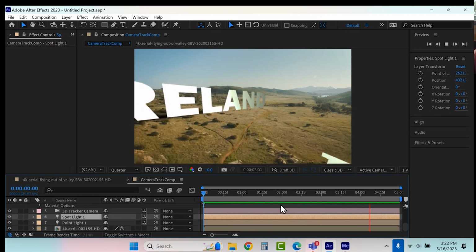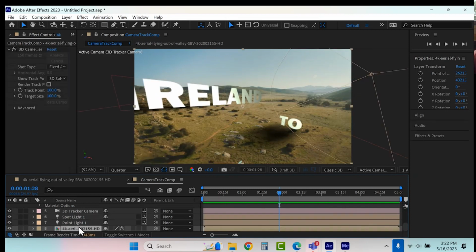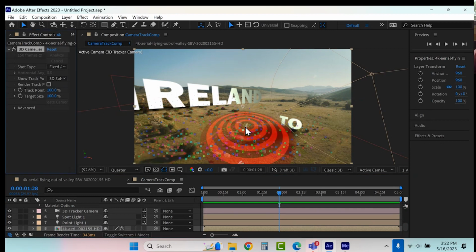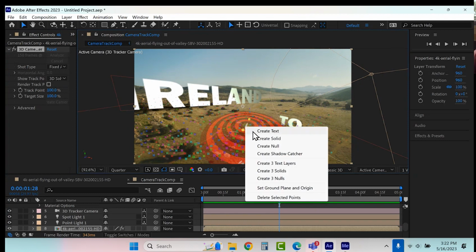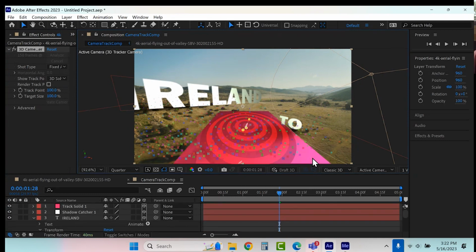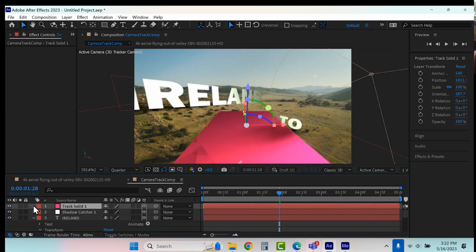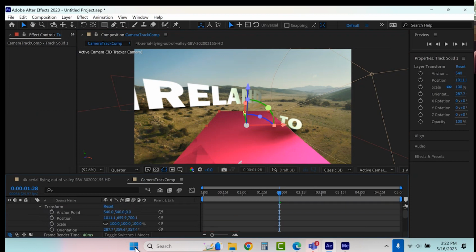Not done with this yet. Okay, let's have some more fun here. Here's my video. Highlight the 3D cameras and lights. Okay, watch this. I'm going to go right here in the center, right click, create a solid. Okay, you see it, just drop the solid in there. Now, just like I did with the text, I'm going to rotate that up.